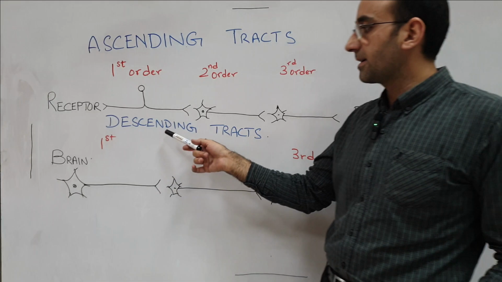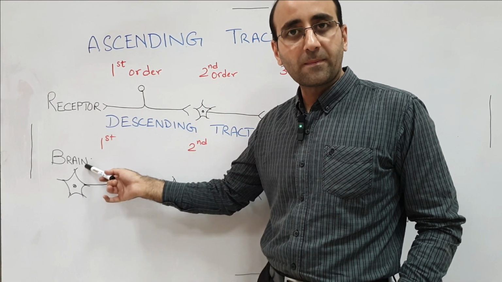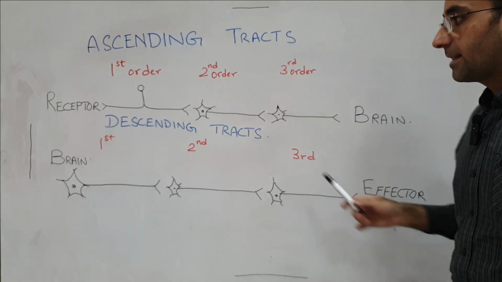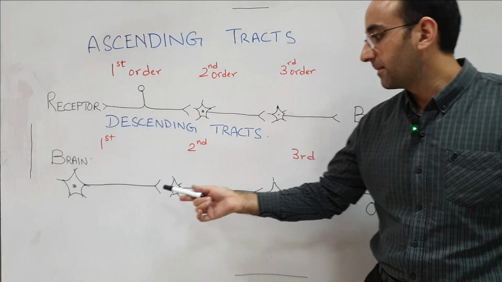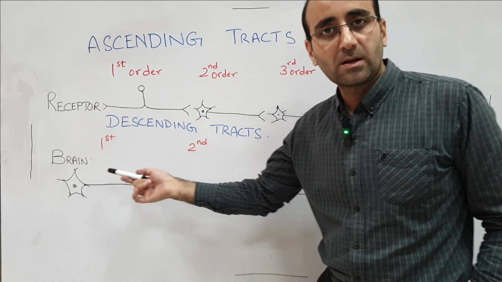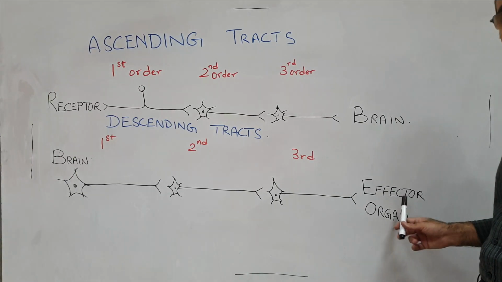Now in case of descending tracts, the first order neuron will carry its impulses from the brain, and they have to reach an effector organ. So the chain of neurons which carry the information from the brain towards an effector organ is called the descending tract. So the first neuron in the chain of neurons is always obviously called the first order neuron, then comes the second order neuron, and then comes the third order, and eventually it goes towards the